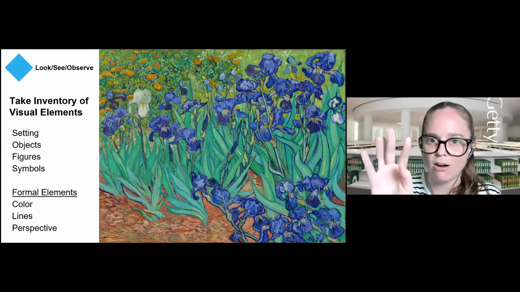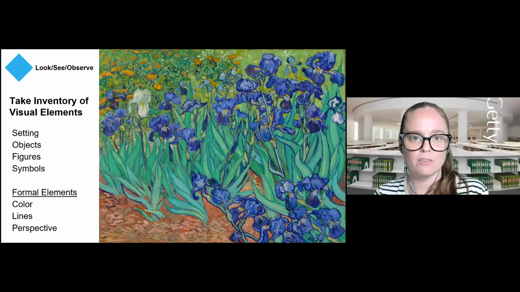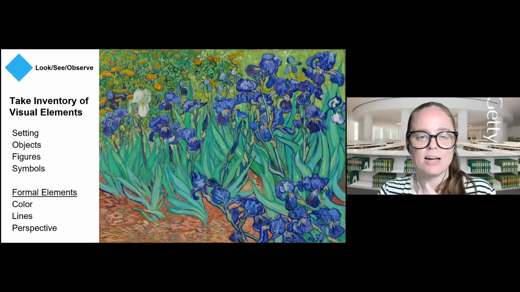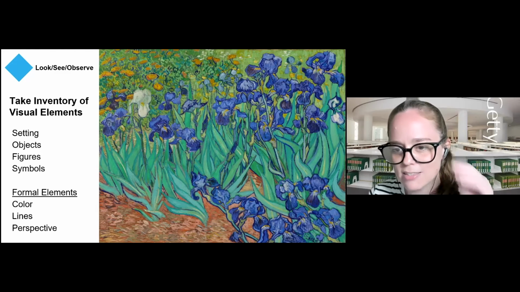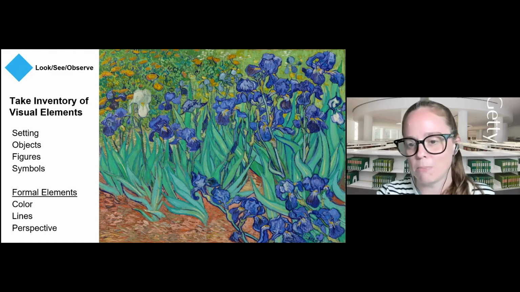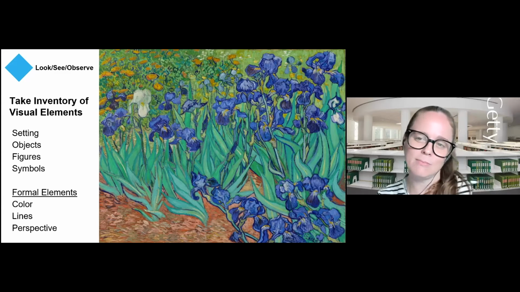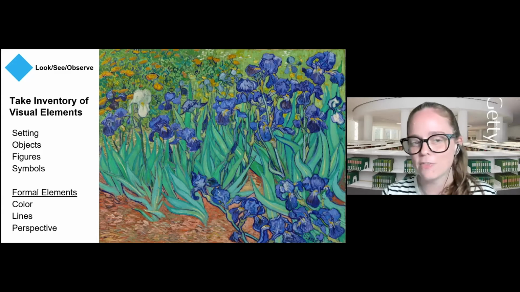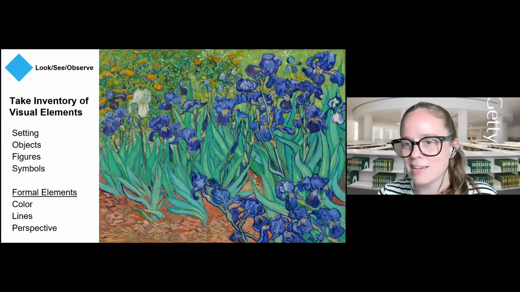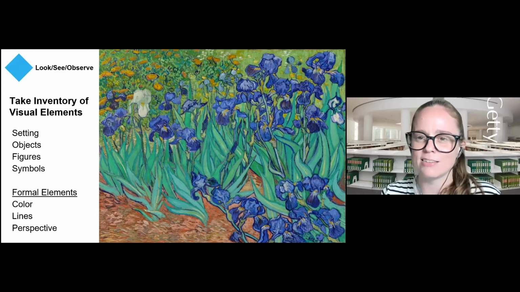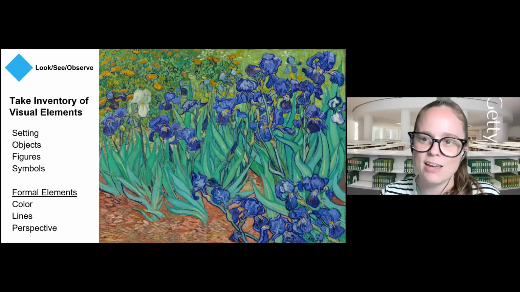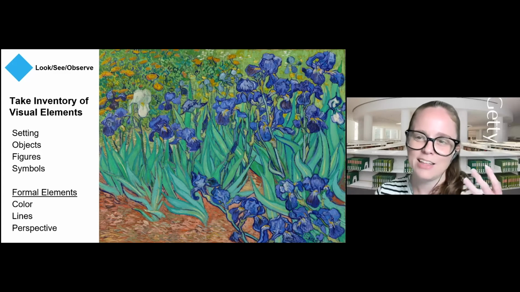There's this white flower in the foreground on the left side. I don't see any symbols, but I do see Vincent written in the bottom corner, which might symbolize something. I don't know. I don't see any figures, but these flowers do seem like they're their own figures in a way. So I kind of thought about that,